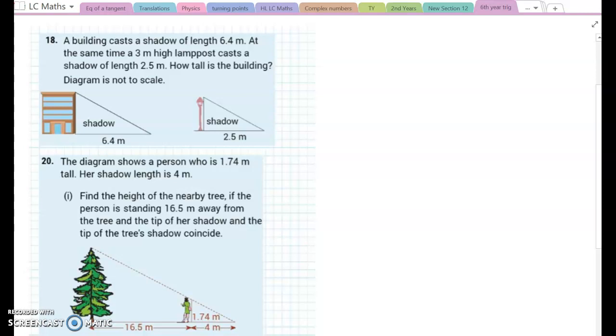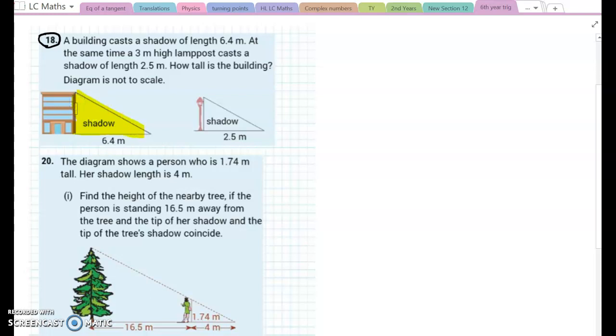Okay, in this question, question 18, you're dealing with triangles that seem to be separate triangles, but really they have a relationship between each other that will help you find the missing sides in each. So if you take a look at the first triangle,